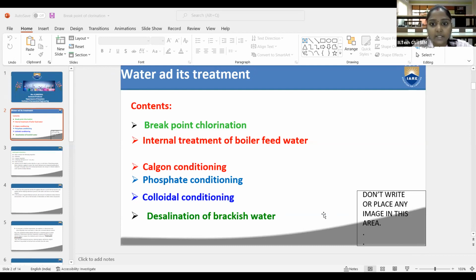But the net connection is very stable. Okay, tell me what is the first step in treatment of potable water? The first step is screening. Okay, and the second step is aeration. Third step,